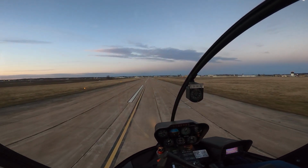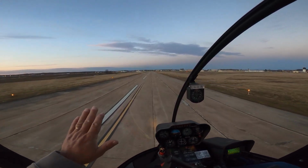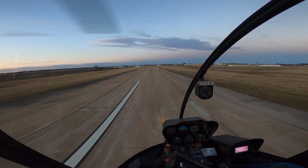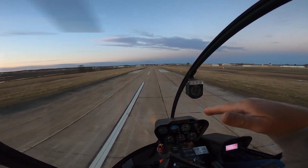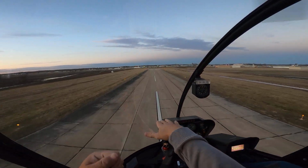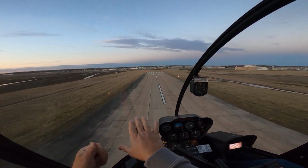I have the aircraft. Yeah, you don't want to flare and float by the time you start coming up with the collective. If you lower the nose, what happens is the aircraft tends to want to kind of drop out on you. You have to end up pulling more collective. That runs your RPM down. The horn's on a long time and all that. So it works out a lot better if you just flare and you're floating by the time the aircraft settles in, up with the collective, then down with the nose. About the time your speed is slowed down quite a bit, almost to stopping, and then you just rotate